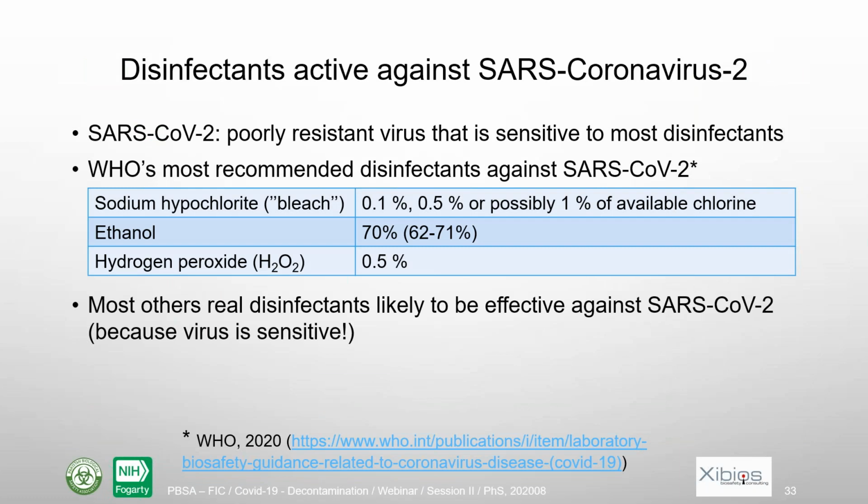तो इन कंक्लूजन हम ये कह सकते हैं कि we are lucky कि सार्स कोरोना वायरस एक पोल्डी रेजिस्टेंट वायरस है, जिसका मतलब ये है कि ज्यादातर डिसइंफेक्टेंट्स जो हमारे पास अवेलेबल हैं उनसे खत्म किया जा सकता है। WHO के जो डिसइंफेक्टेंट्स रेकमेंडेड हैं अगेंस्ट सार्स कोरोना वायरस वो हैं सोडियम हाइपोक्लोराइड, जिसको हम आमतौर पे ब्लीच कहते हैं, एथेनॉल एटलीस्ट 70% की कॉन्सेंट्रेशन में, और हाइड्रोजन पेरोक्साइड 5% की कॉन्सेंट्रेशन में।